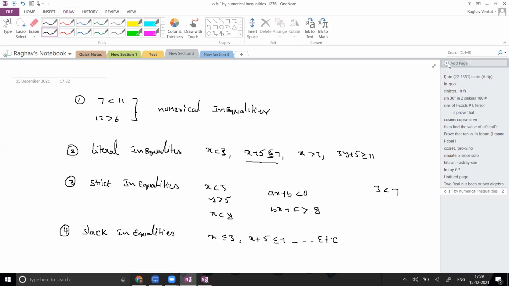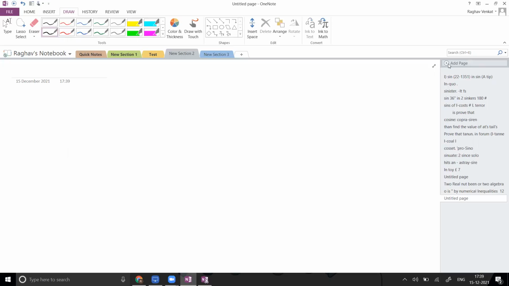Now, the definition of solution replacement set. Based on your English knowledge, can you say what is the meaning of replacement set? The replacement set is the set from which the values of the variables can be replaced. Suppose I am saying x less than 3, what set of x values can be replaced? I can't replace x with 4, 5, or 7. But I can replace x with 1. I can replace x with 2.